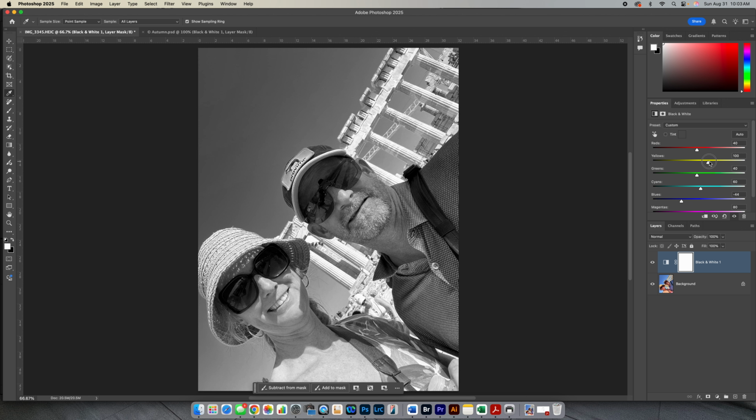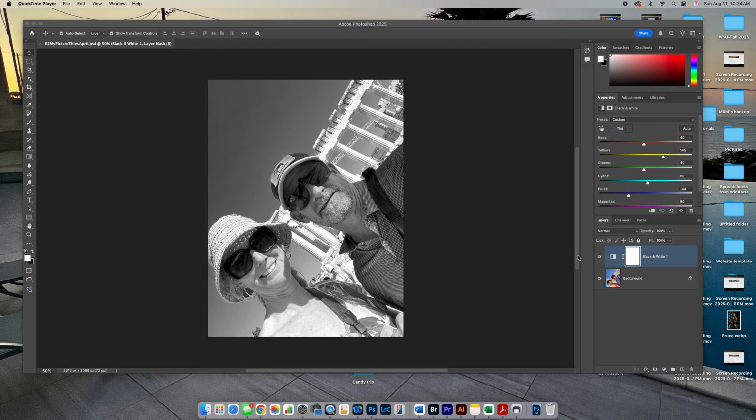Maybe I'll make my yellows, which a lot of times will affect the skin tone, a little lighter. And I'm pretty good where that's at. I don't even want to add a tint to it for my purposes. Maybe I just want this image to be black and white. Okay, after I get my color applied, the next thing I want to do is make sure